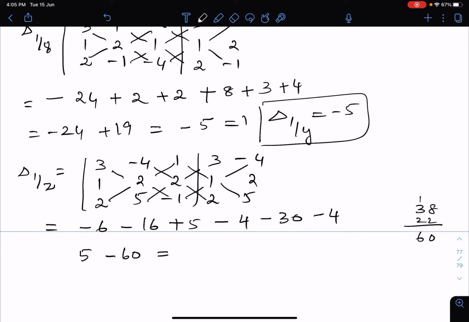Again you're going somewhere wrong. 3 2s are 6 minus 6. Okay, 4 into 4 16 minus 16 and plus 5. This side it is going to be minus 4. 5 2s are 10 minus 30 and minus into minus plus, so minus 4. Okay, it's correct, isn't it? So for Z you're getting your value as a minus 55.